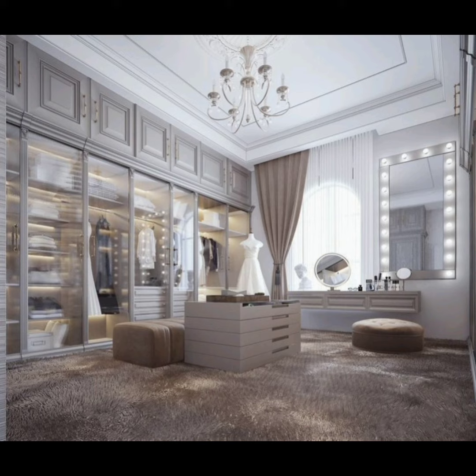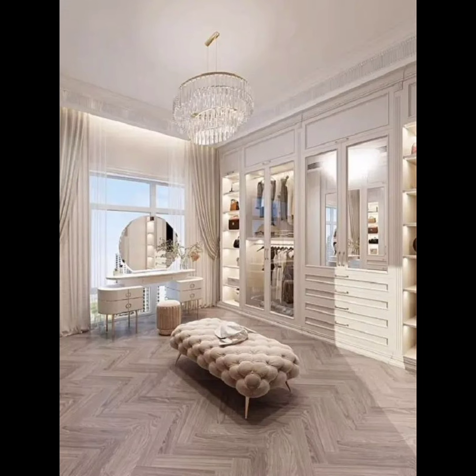We believe that your dressing room is more than just a place to store clothes. It's a reflection of